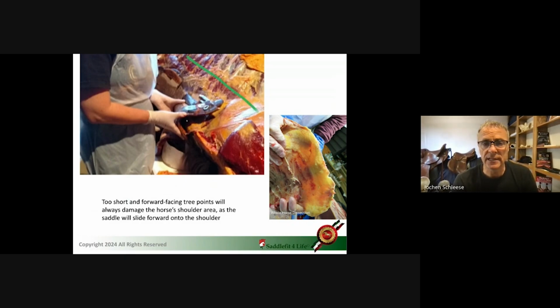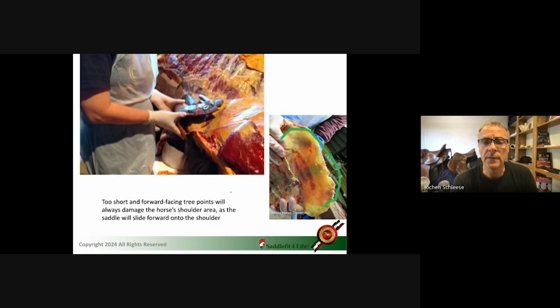Here we see this veterinarian dissected a horse. The horse is laying on the side, head in this direction. They put a tree on top, right? And they show often the trees, the width is measured from D-ring to D-ring. Okay, it's not wide enough, or often the angle from the D-ring down doesn't match the angle of the shoulder. Here you see underneath this tissue, the shoulder blade, and here she took the shoulder blade out, and this is the cartilage we're going to talk about today.